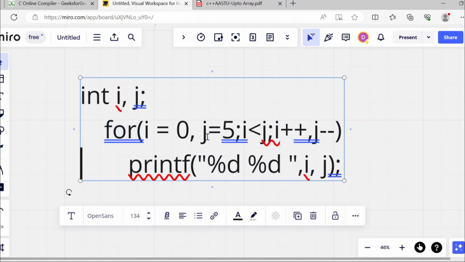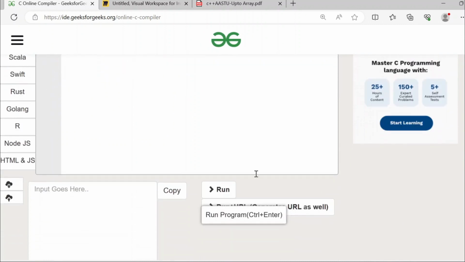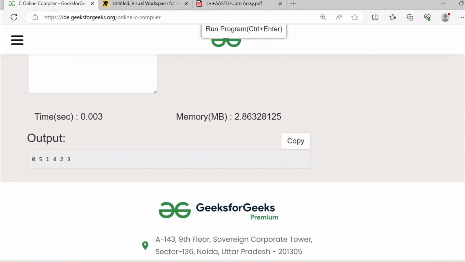Integer i and j, i is equal to 0, j is equal to 5, i less than j, i plus plus, j minus minus, and we need to print i and j both, right? So let me run it, and after you see the output we will discuss the logic. And the output is